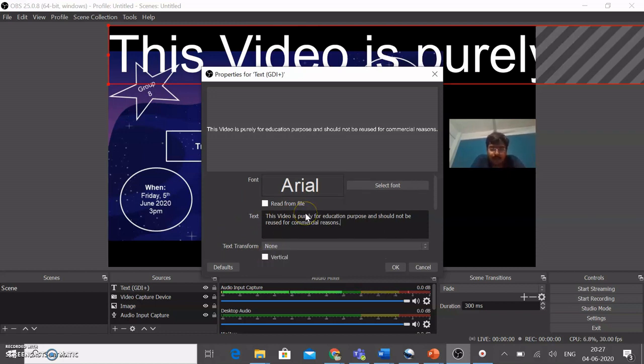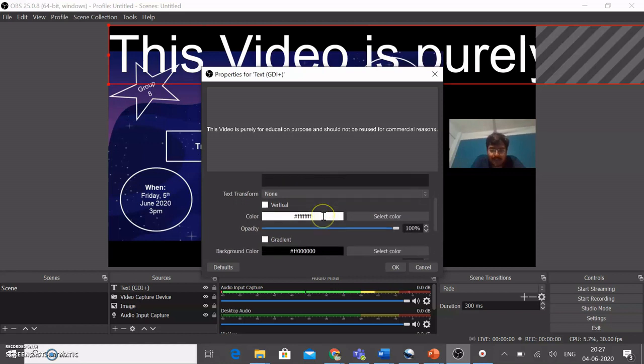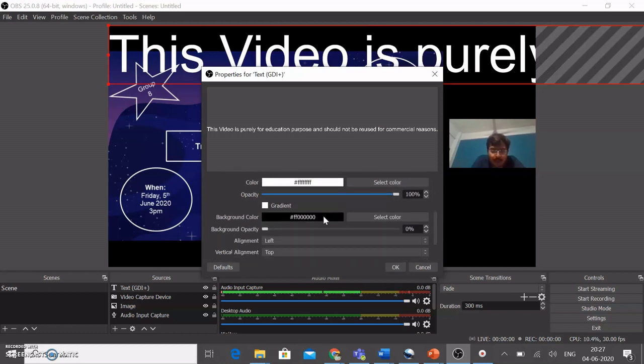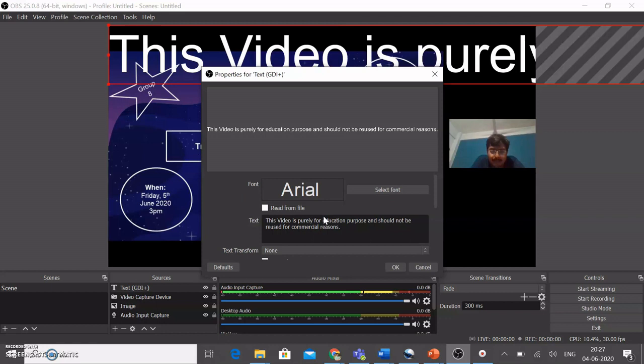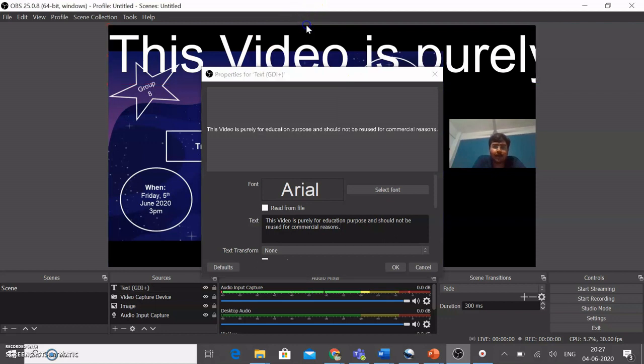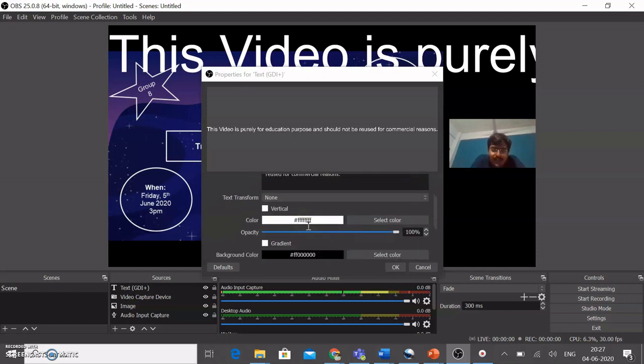Okay. So you can also select the font size, the font color, the font alignment, right? There are different types of font that you can choose here. And you can also move this to where you want it to be visible. You can also adjust the size of the font.